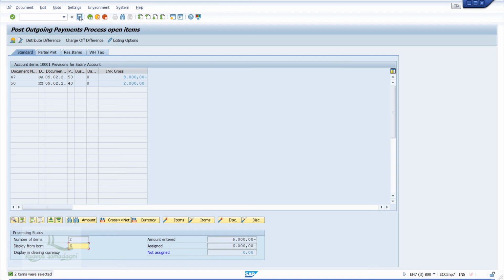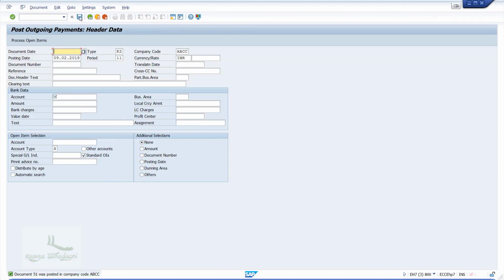That means the system is considering the previous payment for clearing. If you observe here, the amount entered and the amount assigned are the same. Now just click on the Save button. The document is now posted.